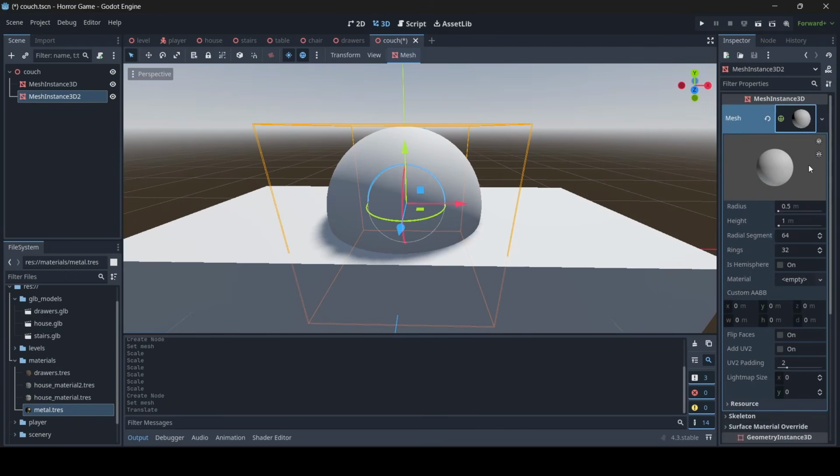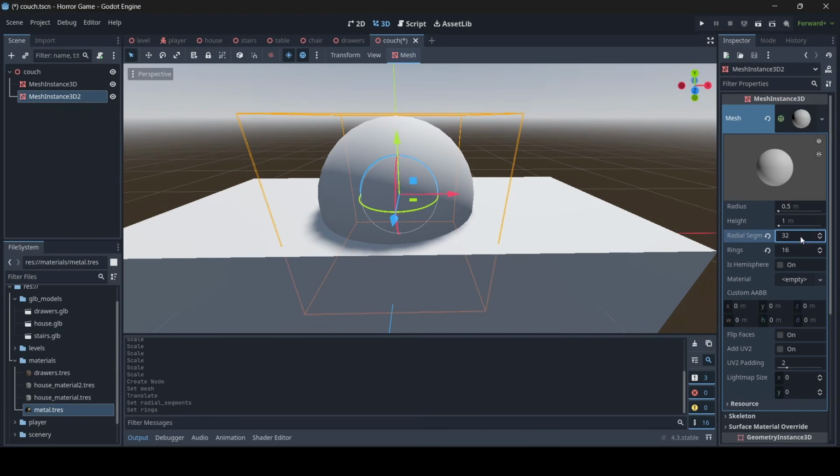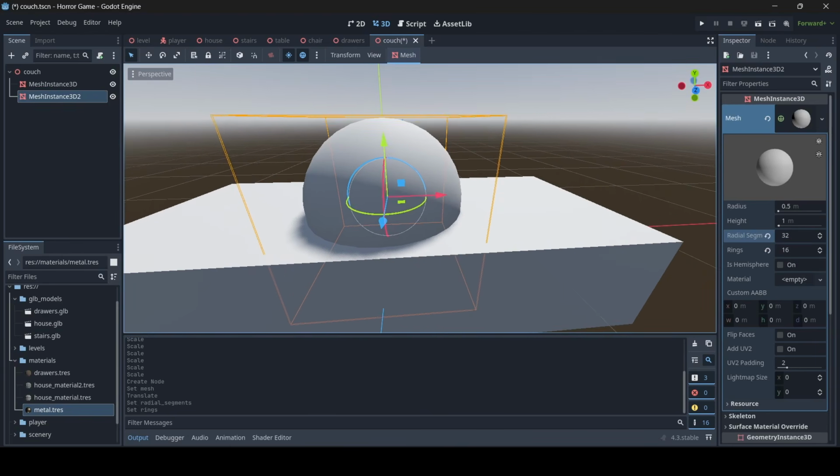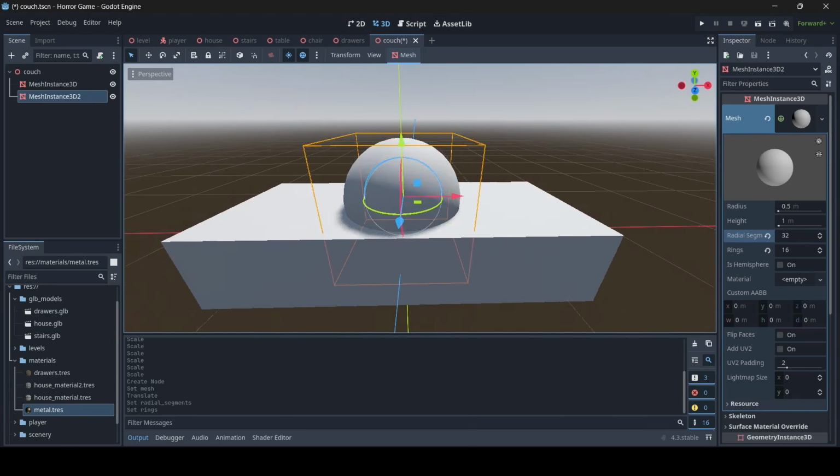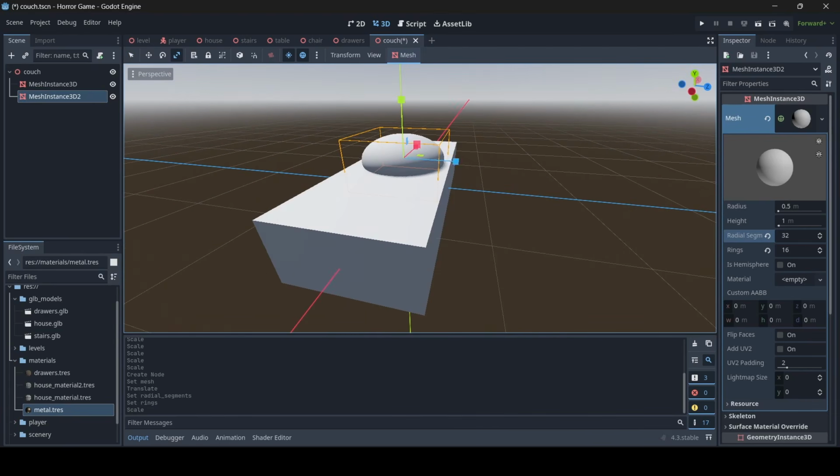And by the way, in case you didn't know with meshes, I think I explained this in part 1. If you go into the mesh resources themselves, you can find options to turn down the quote unquote quality of the mesh. You can turn down the radial segments and the rings, which can make the model higher or lower poly, depending on what you like. So yeah, now I'm going to put this in more with the shape of a cushion,